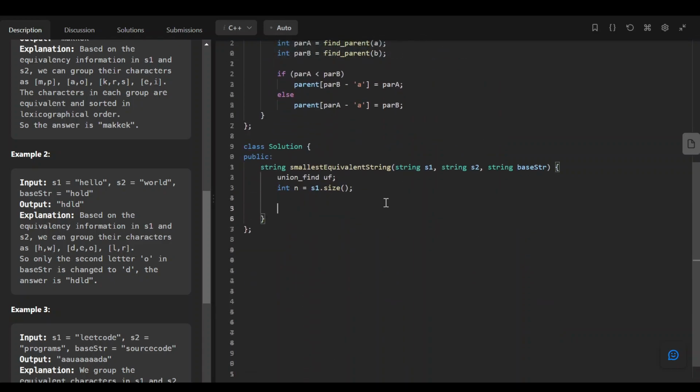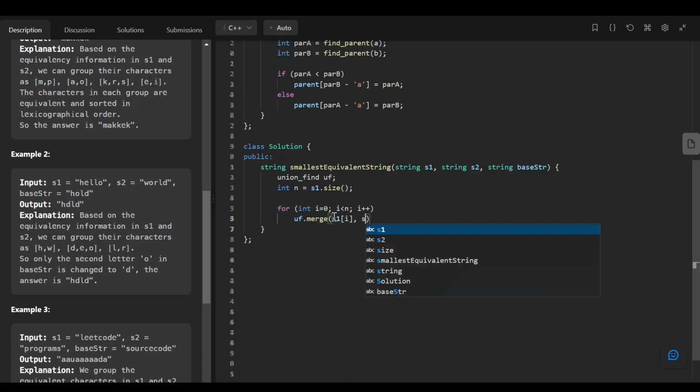Yes. So what I will do is, now we are going to merge all of them, right? Because the s1 ith character should now be merged with the s2 ith character. So I will start with int i equal to 0, i less than n, i plus plus, and uf dot merge s1 of i and s2 of i. After merging them,